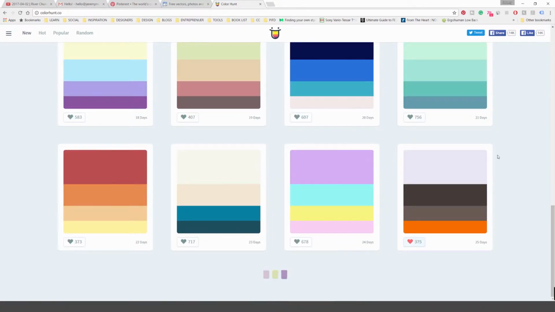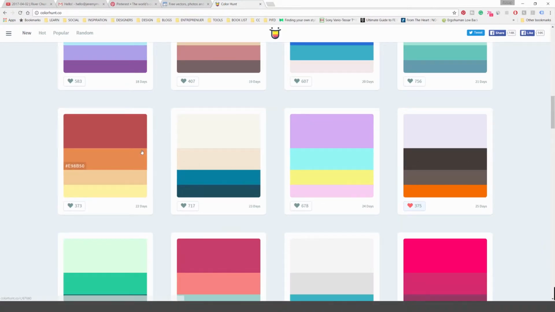So you can see what I usually do. If you just put your mouse over it, you can get these hex codes, and what I actually do is I'll screenshot all the colors and then I'll go take it in. So I'm just going to screenshot these colors here, and I'll go into Illustrator,